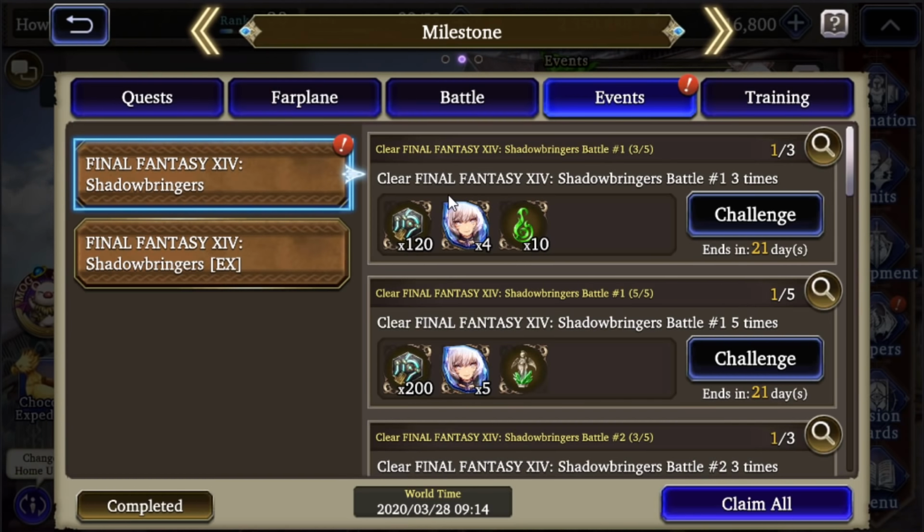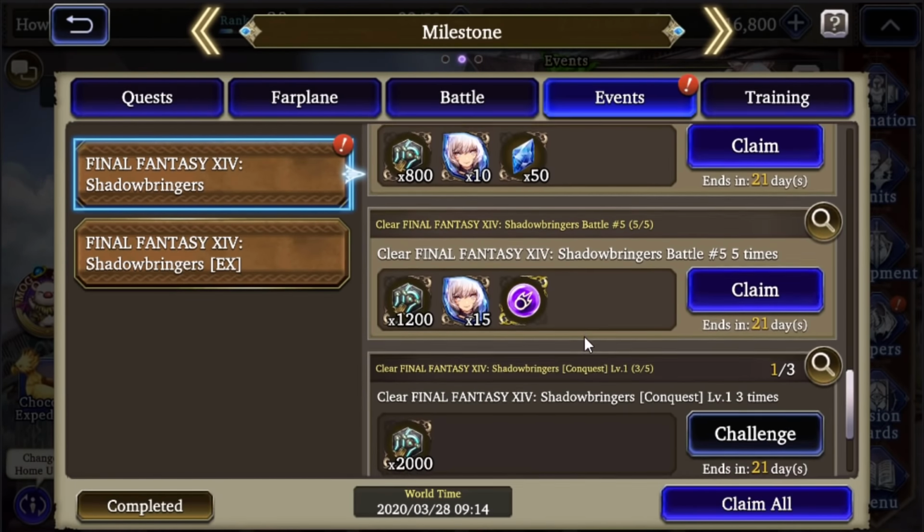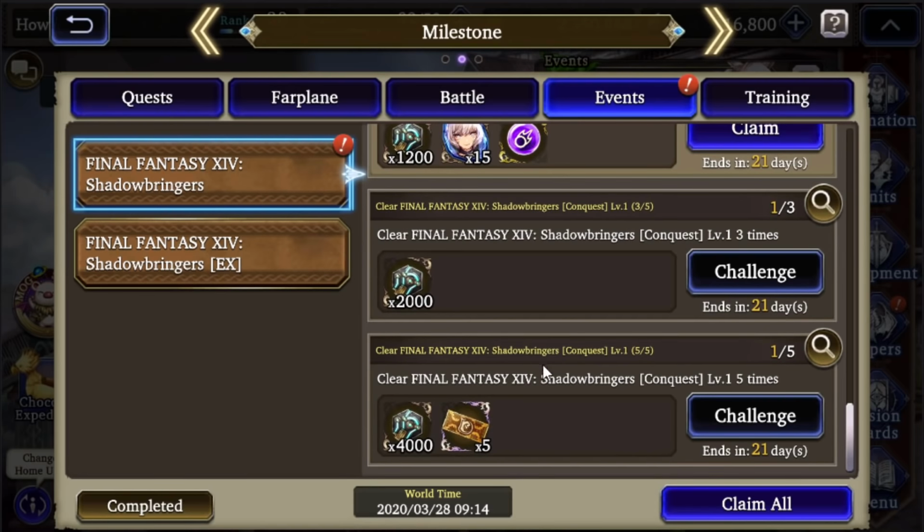You're going to want to do each stage 5 times. It's going to give you bonus currency, and the harder the stage is, the more currency it's going to give you. So the very easy beginner basic stage, you can see it only gives you 120 and then 200. But if you go all the way down, as you do harder and harder stages, 1,200, 2,000,